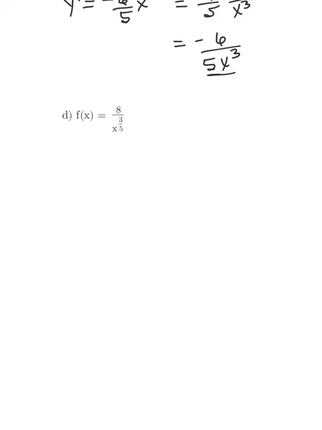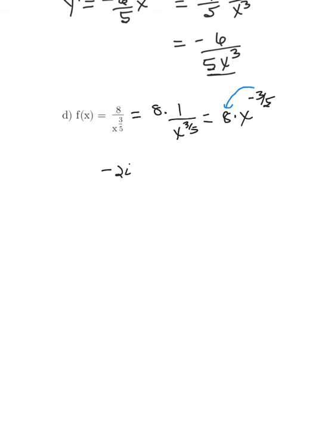On example D, our function is 8 over x to the 3/5. Recognize that this is the same thing as having 8 times 1 over x to the 3/5. And then if we move that to the numerator, it becomes 8 times x to the negative 3/5. Now we're in the correct format to use our power rule. And so we are going to drop and take the power times the coefficient, which is going to give us